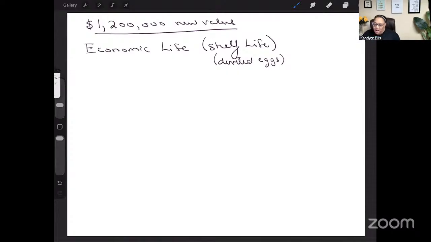So in economic life with a building, an appraiser has the ability to say, I think that this structure will have value and use for the owners for how many years? So maybe this appraiser looks and they magically say, hey, this thing is going to be good for 115 years.